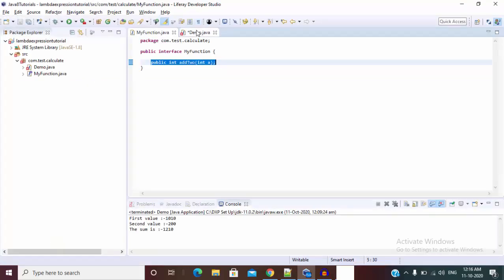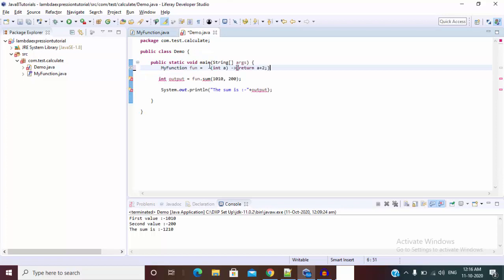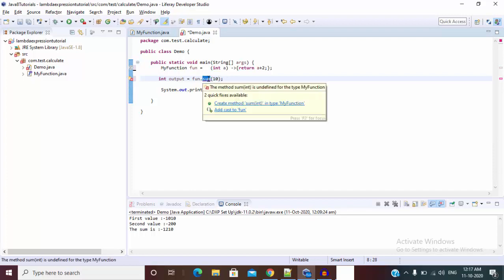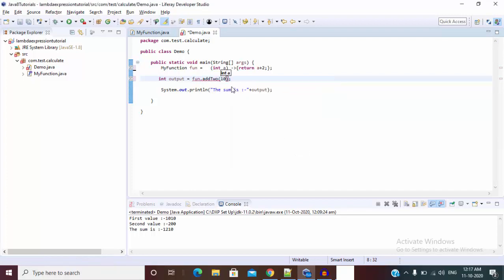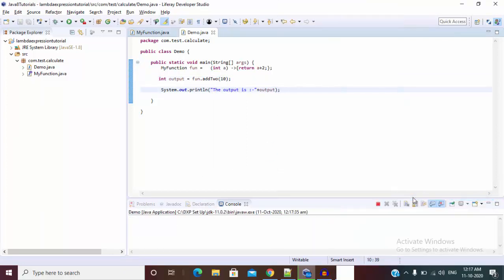So let's write this and try to call this. Now the Lambda expression is perfectly fine. Let me call this on a value like 10, and the method name is add2. Run this.